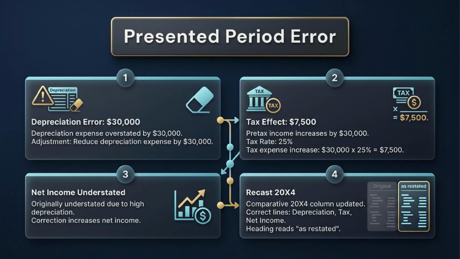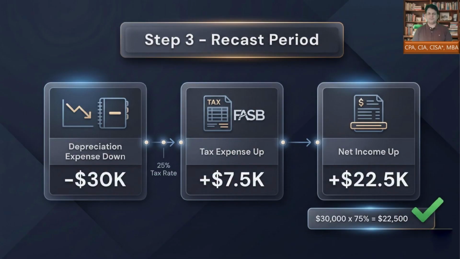Because 20x4 is a period shown in the comparative statements, the correction appears in the restated 20x4 income statement itself. The column should be labeled as restated so users know the numbers were corrected. Step 3 gives us the clean income statement correction for 20x4. Depreciation expense goes down by $30,000. Tax expense goes up by $7,500. Net income goes up by